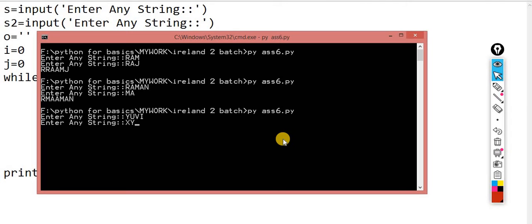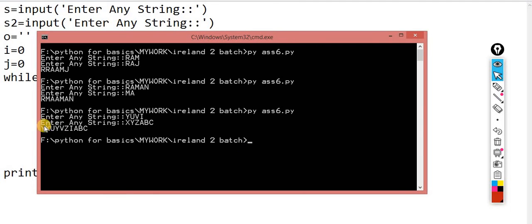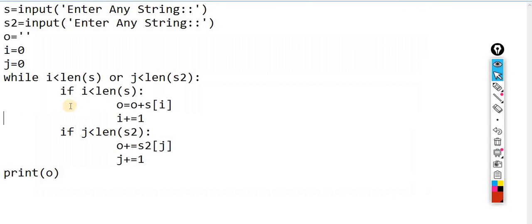Take X, Y, Z, A, B, C. So the output should be YX, UY, VZ, IA, and BC. Perfectly the same.